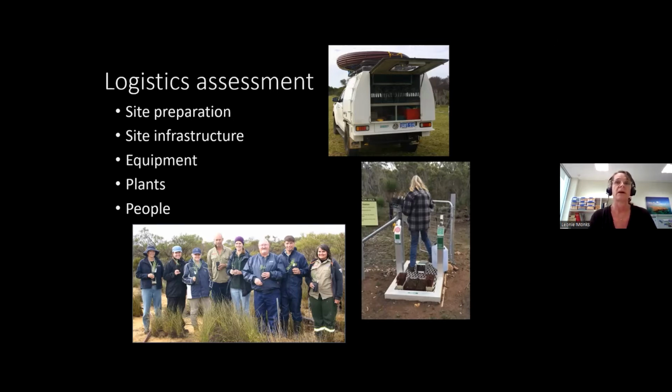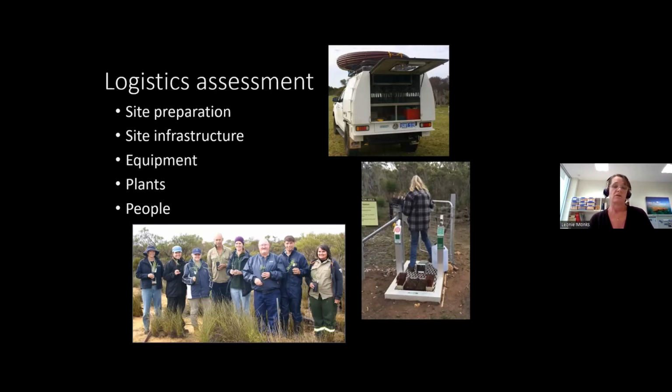So we've got in the back of the car all our equipment loaded up in the bottom of the car, like shovels and drills and things like that, and our irrigation poly pipe tied onto the roof, and we've got our plants all packed into the car there ready to go. So just making sure you've got all that ready to go so that you're not scrambling around on the day trying to get equipment. Also ensuring that the site's ready to go.